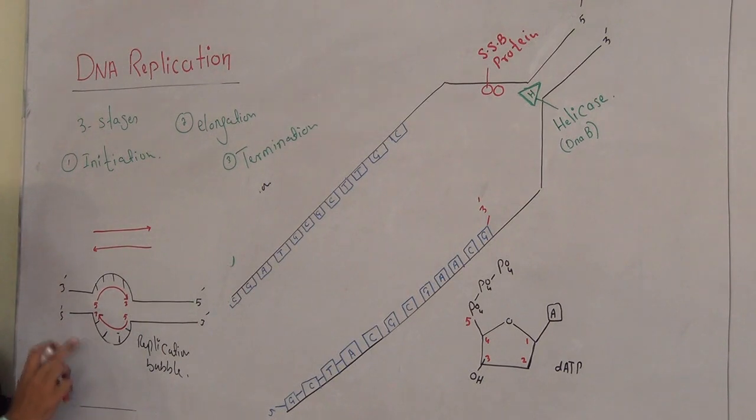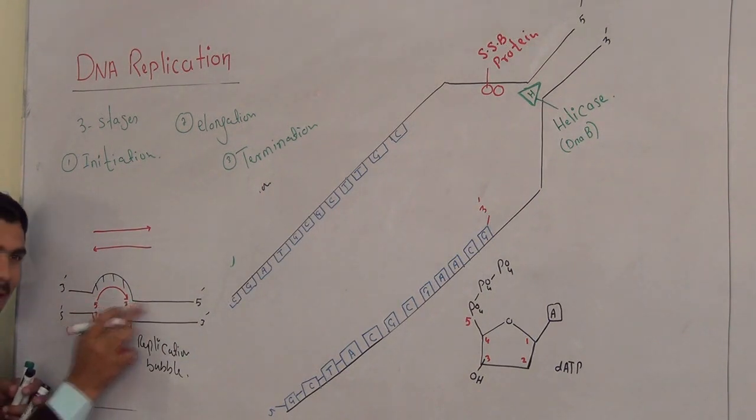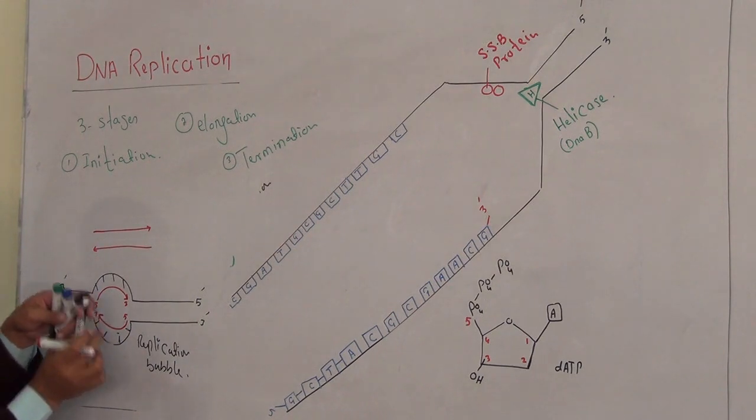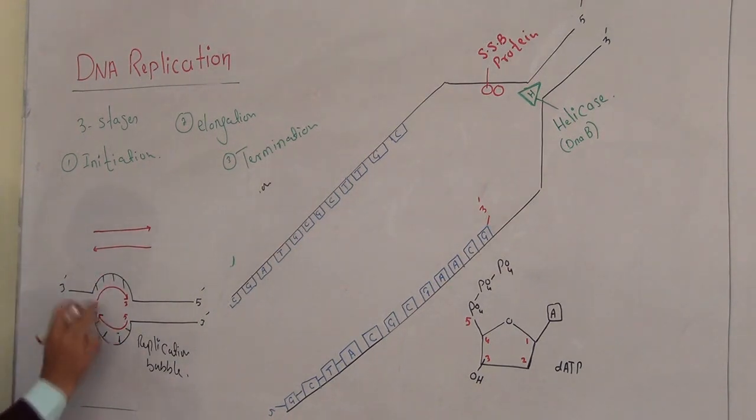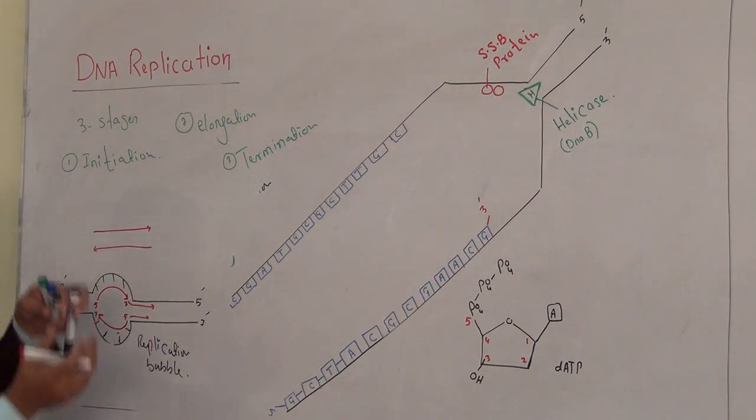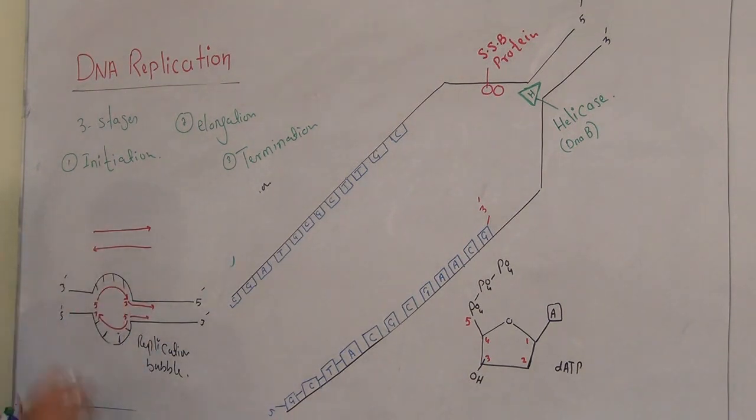Okay, so then what will happen? You know very well that this process will continue, because the helicase enzyme will open these two strands, and the process will go on. The two strands will be separated and the process will go on and continue. In this way we will get the two strands. Now